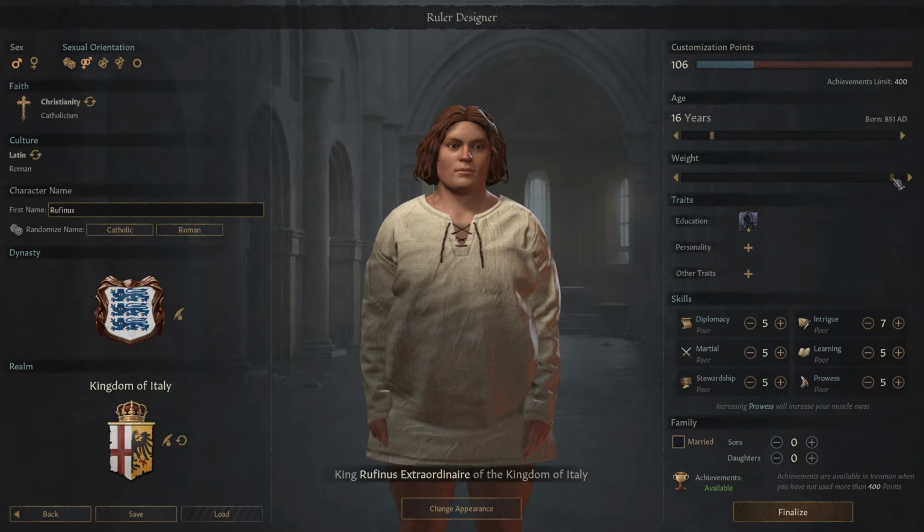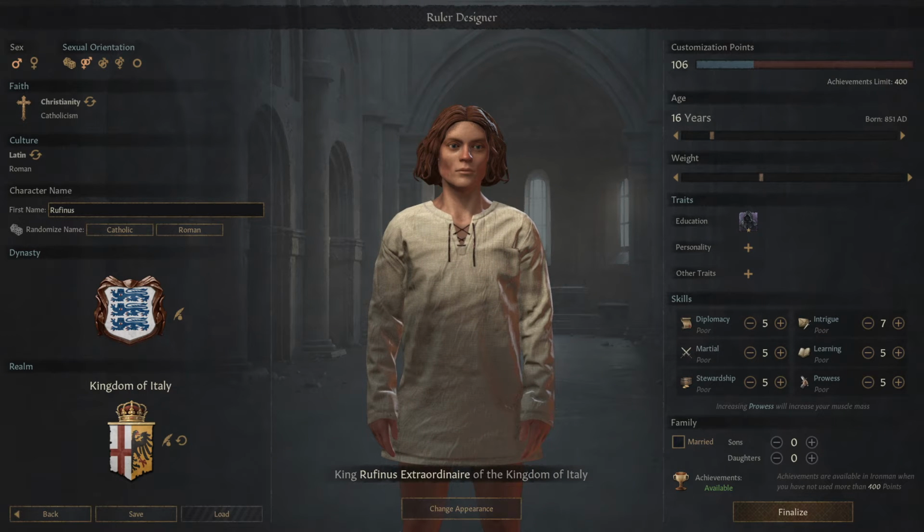This mostly just affects appearance, which, by the way, you could just go into change appearance and then completely customize. It's all cosmetic, so I'll let you explore that on your own. Next, we have our traits. These are things that are usually earned through gameplay, a lot of which you don't usually have control over because your kids are the ones getting them and you are just the parent that doesn't necessarily have control.